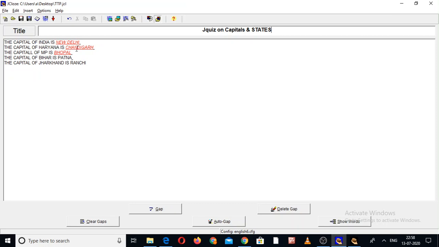I have already done these 3, New Delhi, Chandigarh and Bhopal. So let us work on this 4th one. The capital of Bihar is Patna. How do you convert it into red and underlined? You have to select it. Suppose I select this word Patna. After selecting it, you click on this Gap button.